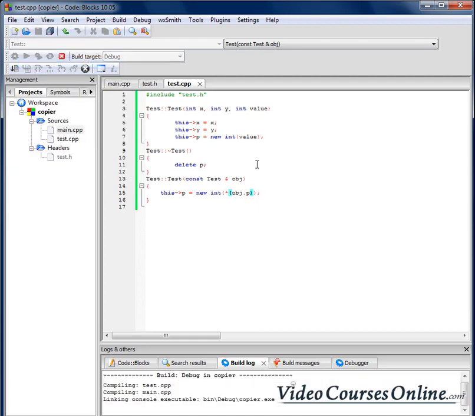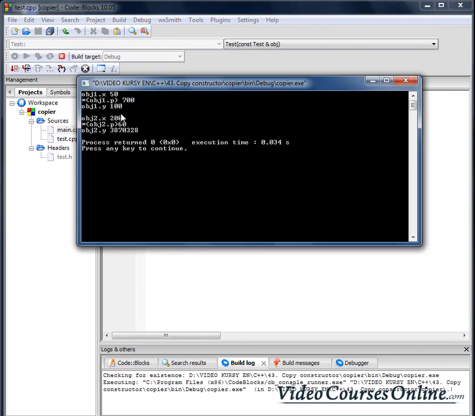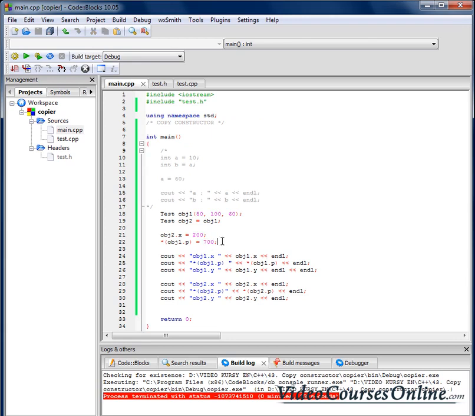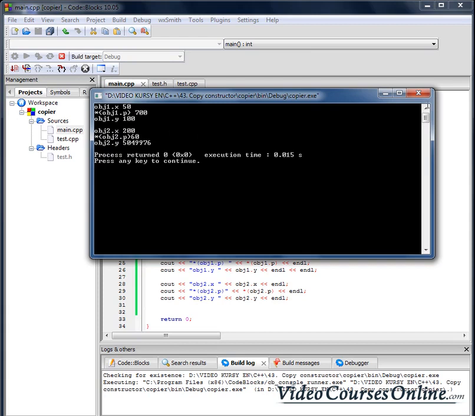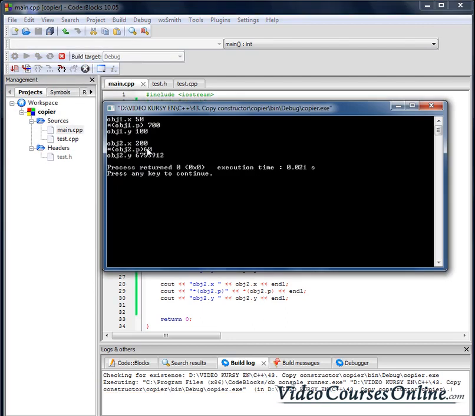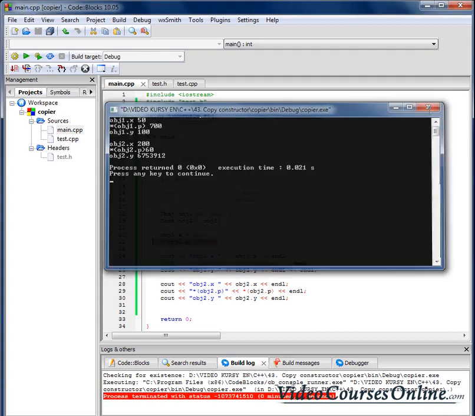Now when I build and run that program, you will notice these things, well, focus on the object1.p and object2.p. As you can see, the value, even though we change here, didn't change in object1, right? Well, sorry, we changed in the object1, we didn't change in the object2. So in the object2 it's 60, in the object1 it's 700. But